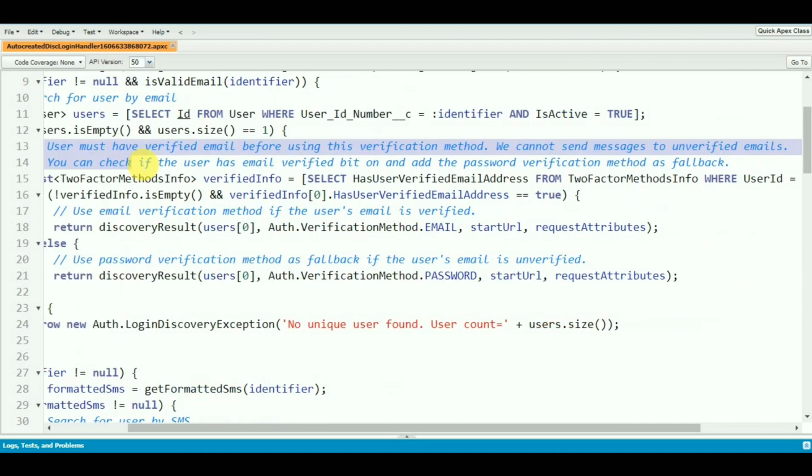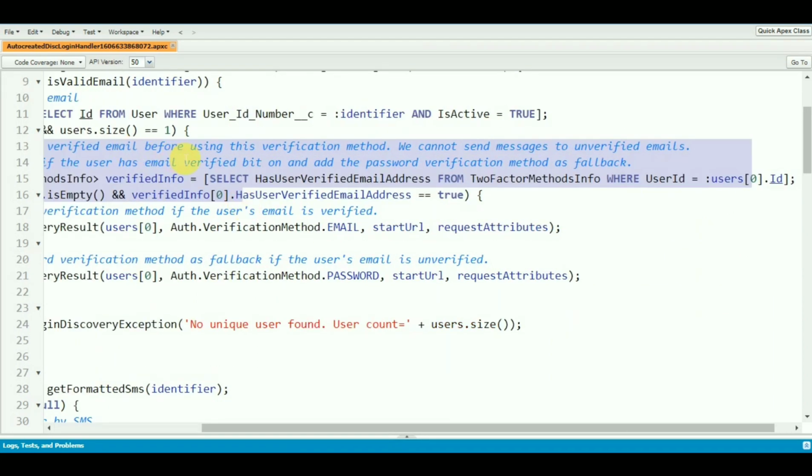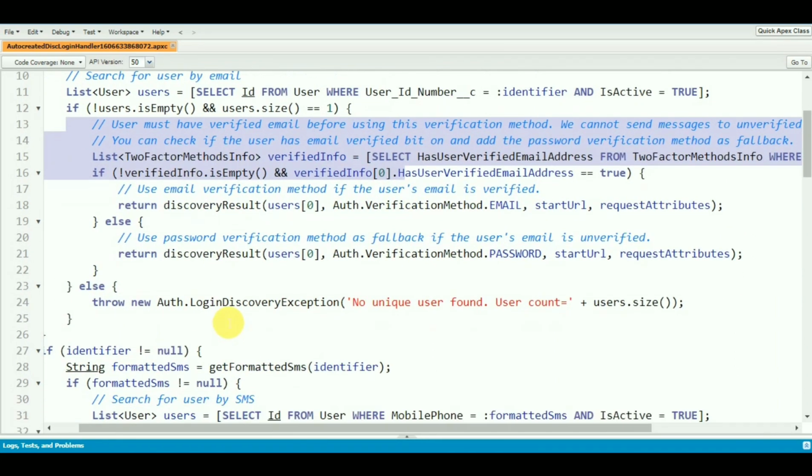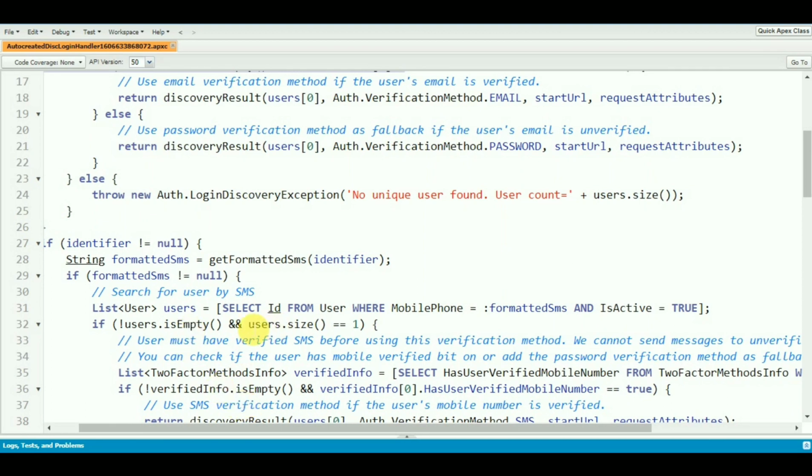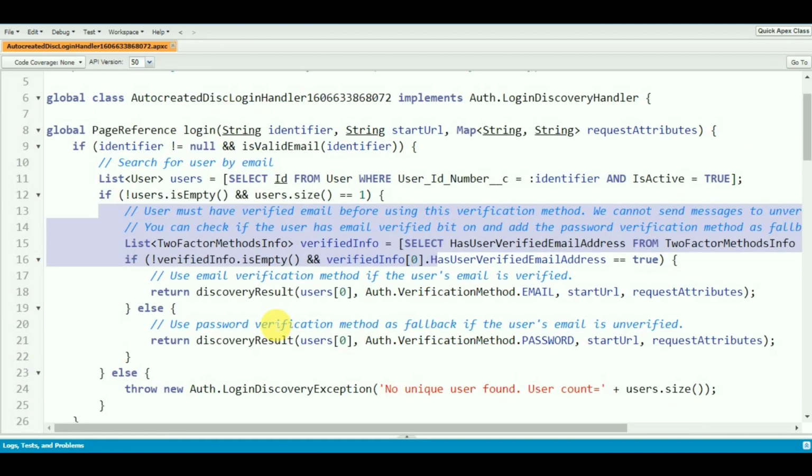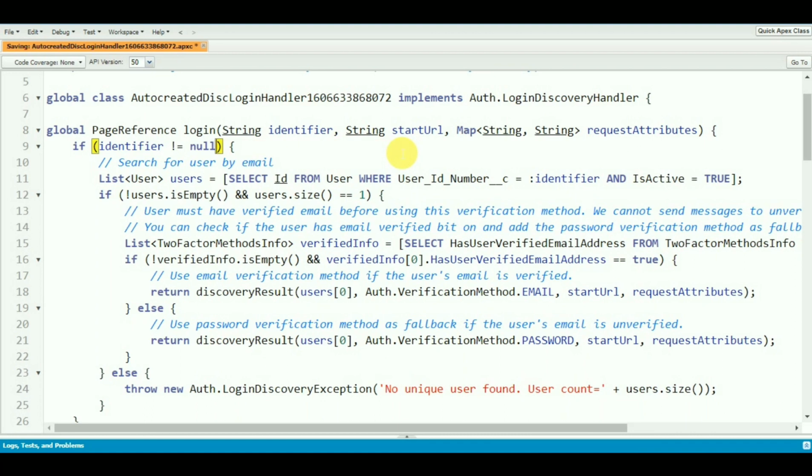All these things happen here, verified email, and for SMS, this will be executed. Also, this statement is not required here, because we are not passing any email to validate. So just remove this statement as well. Now all done.